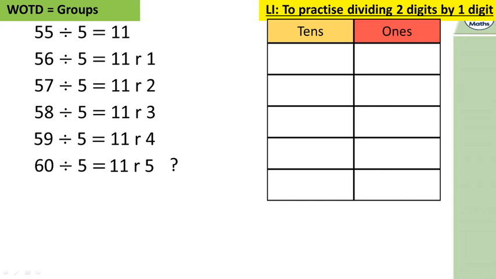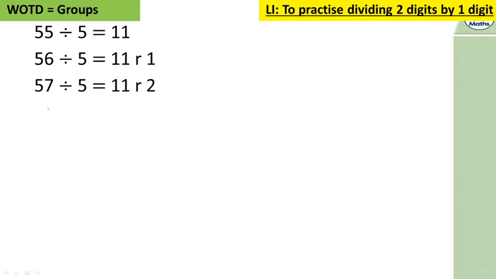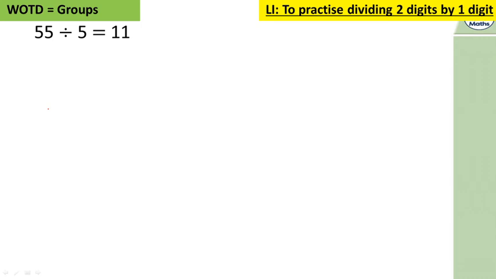Is that true? Let's have a little think about that. So I zoom back through those. So 55 divided by 5 is 11, because 11 times 5 is 55. 56 divided by 5 is 11, remainder 1, because 11 times 5 is 55. 56 is 1 bigger than that, and you can't put that into a group of 5, so you're going to